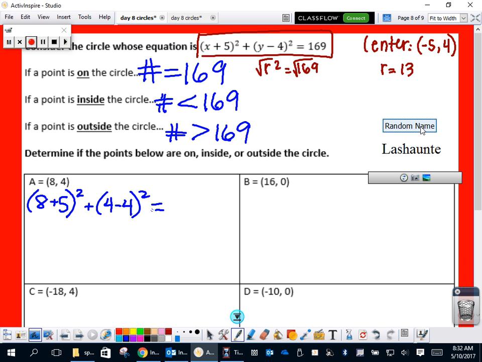It was suggested to me for the folks that are absent to record the lesson. This is a 169. All right. So our number is 169. Is 169 equal to 169? Are we on, in, or